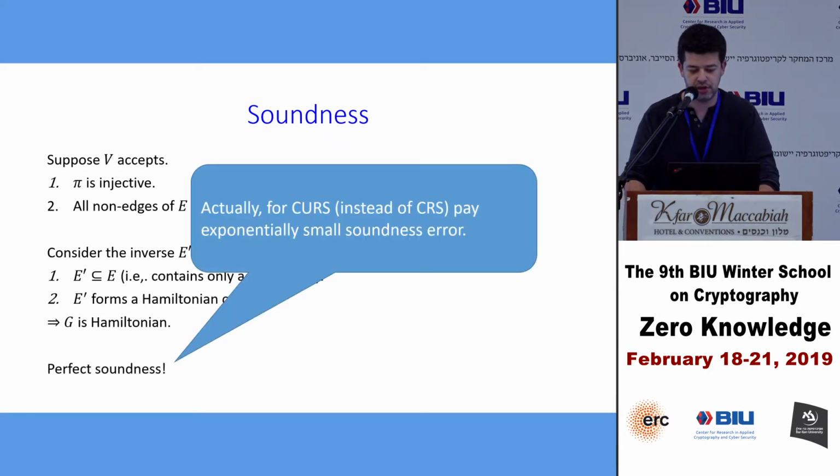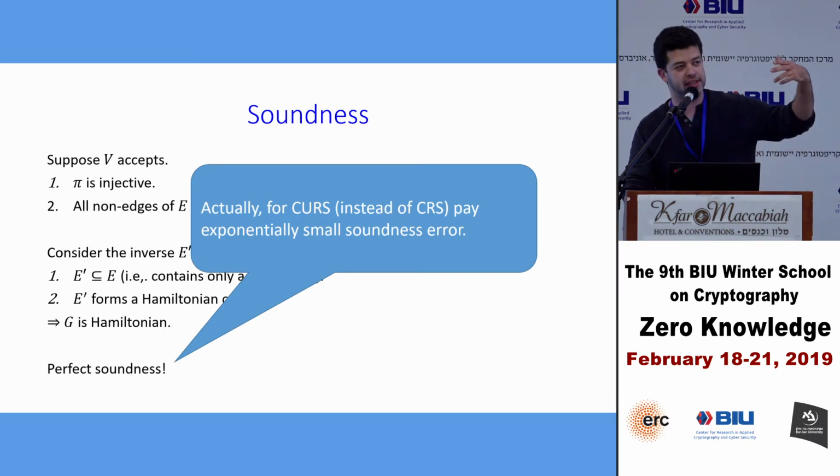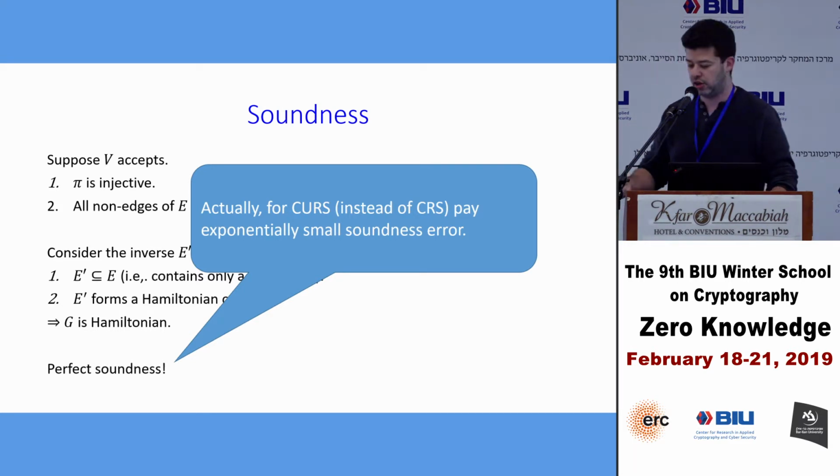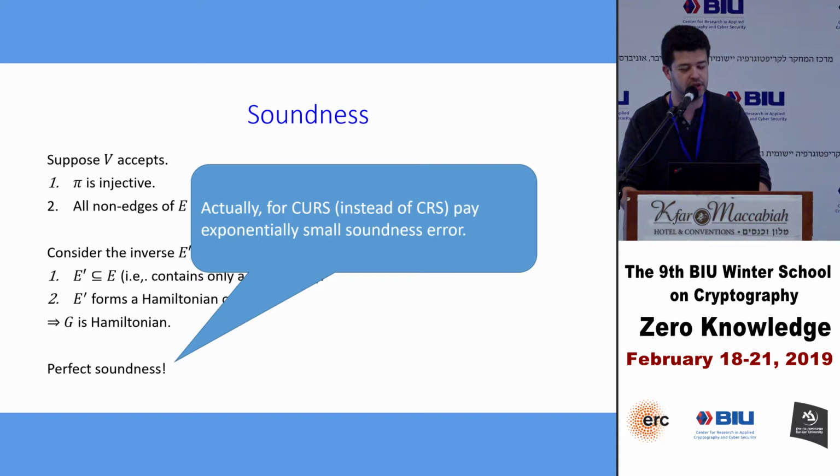And as a comment, which I essentially already said, this worked when the CRS was a random cycle graph. It's not immediate to see how you can generate a distribution of a cycle graph using only uniform random bits. You can do this, but there is a cost, and the cost is an exponentially small soundness error, which is also inherent. So if you want a uniform random string, then there is some exponentially small soundness error that you lose. Question?